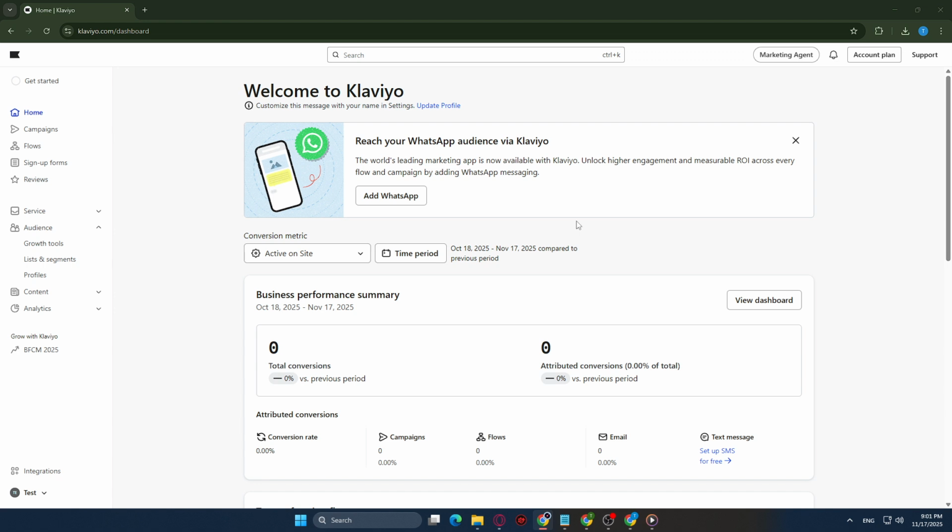First off, you'll want to head over to Klaviyo's website. If you don't have an account set up yet, you'll need to create one, but assuming you do, simply log in with your credentials and you'll be taken to your main dashboard. This is your starting point. From here, you can access all sorts of features and tools that Klaviyo offers, but today we're especially interested in